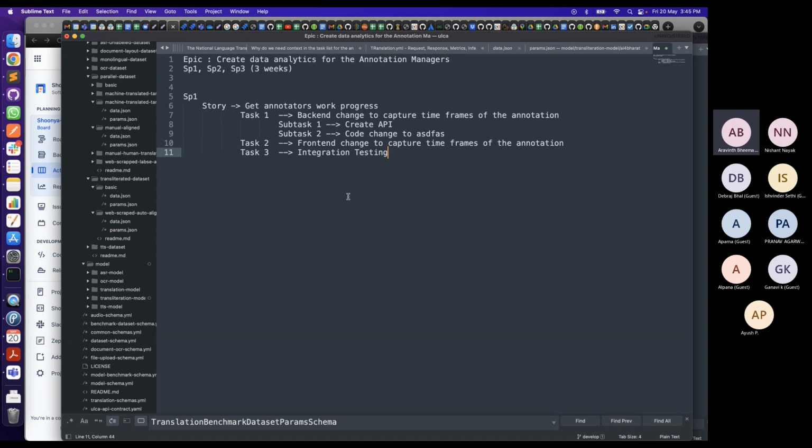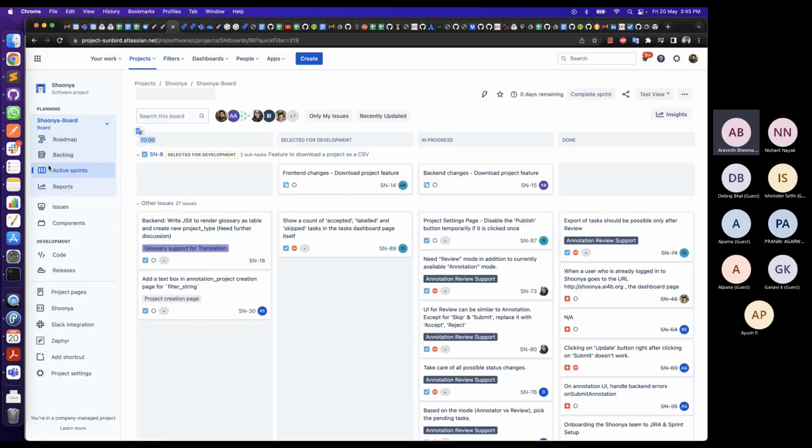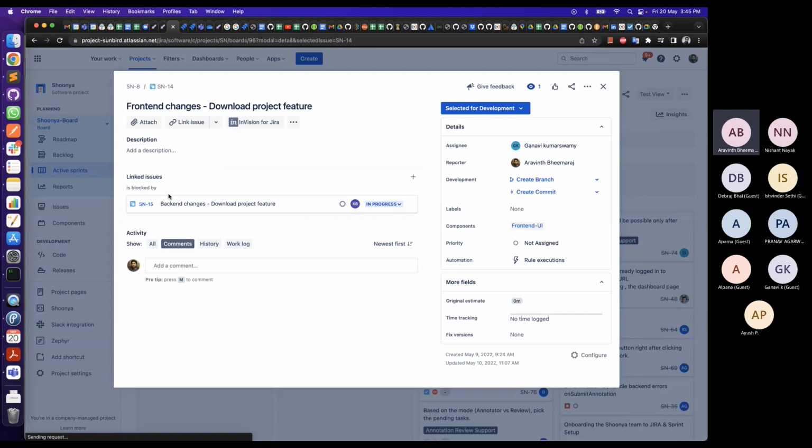If you see the product teams in bigger companies, there could be multiple teams involved, so there might be dependencies between the teams. These things become critical because they assign a priority for each of these things, and there's a way to link the dependencies. I'll quickly show you. Let's say for this one I want to add a dependency. It says this is blocked by this change, meaning for this to go through, this task has to be completed. So these types of linkings are possible.